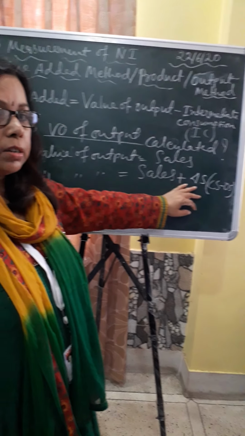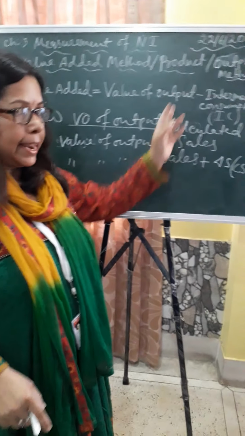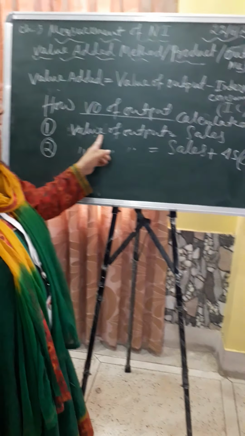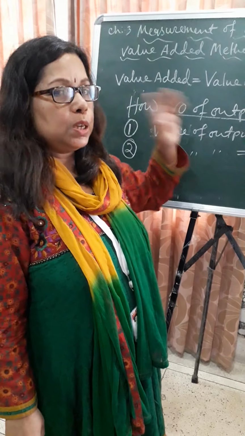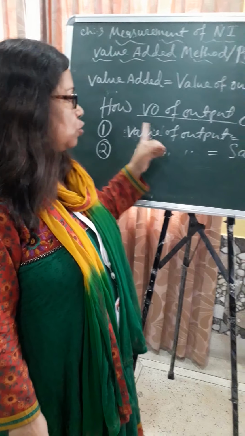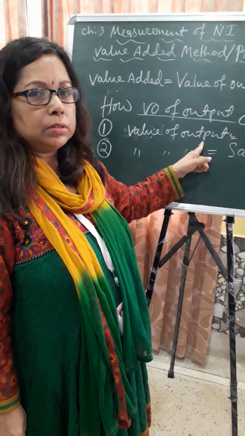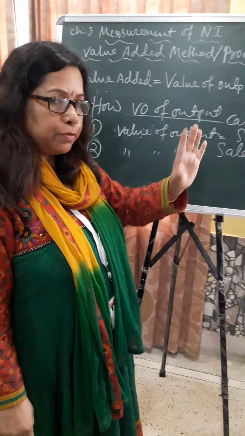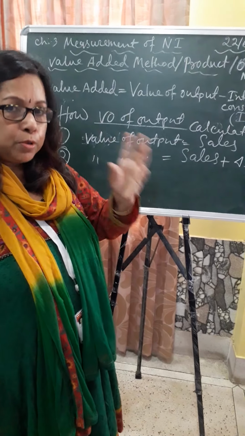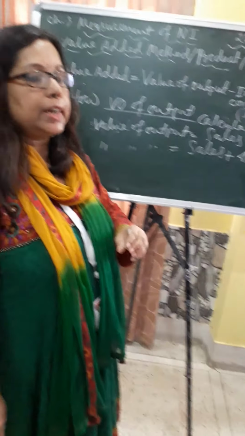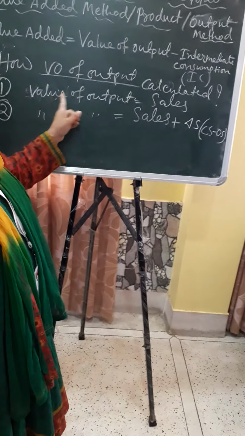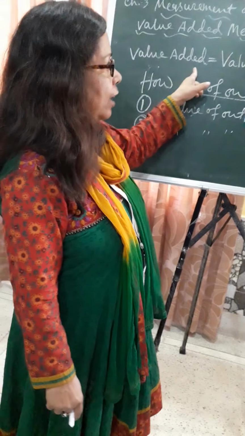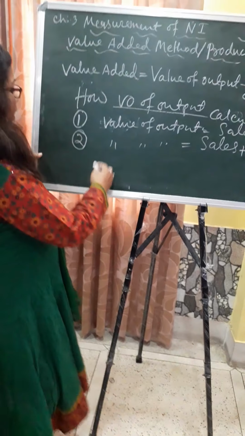So unsold stock in a year is added to sales, then you calculate the value of output. So these two things are very important. Value of output means sales, if the total output is sold in the market. If the total output is not sold and a portion is left, then this portion is added to sales, then we calculate the value of output. So we can write in the value added method,